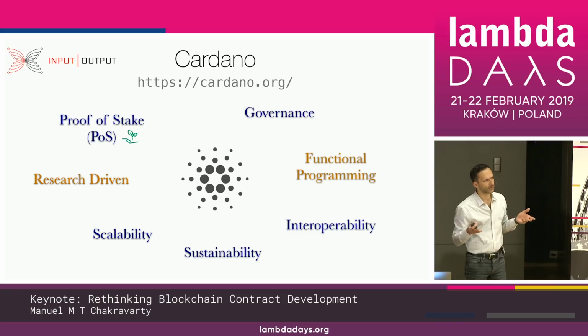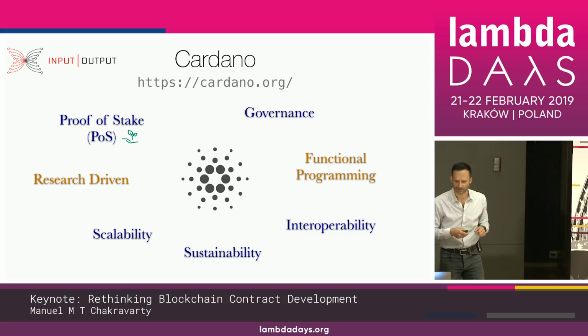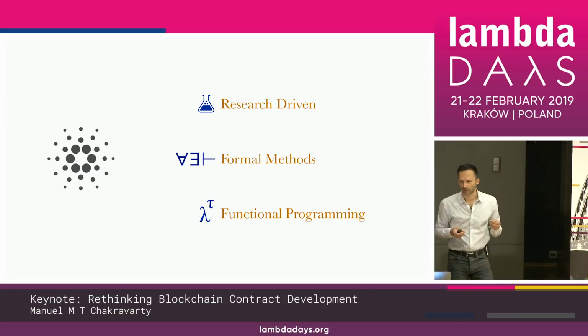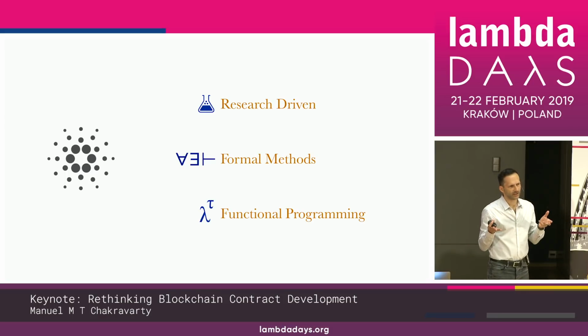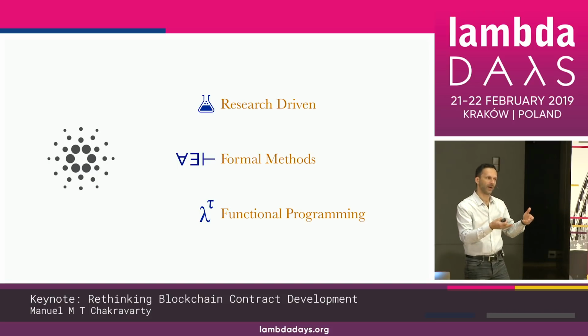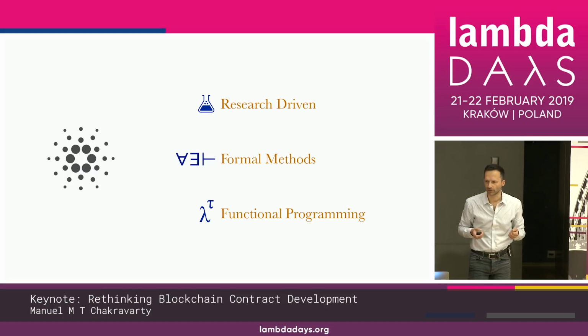And in the case of Cardano, we make use of a lot of functional programming technology, which is why I'm here. So let's focus on these two things, right? We are not cryptographers, we are functional programmers. So I already motivated doing things like this proof of stake scheme, which is sustainable from an environmental point of view, but cryptographically much more complicated. We need to do cutting-edge new cryptography. But we also have to develop formal methods to turn that into actual code. So there's a lot of scope for research here.